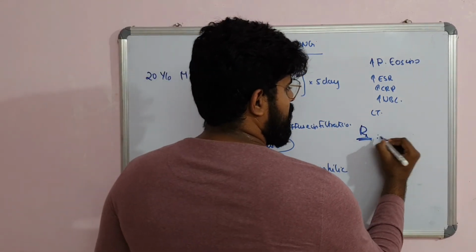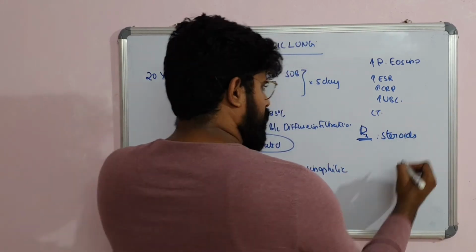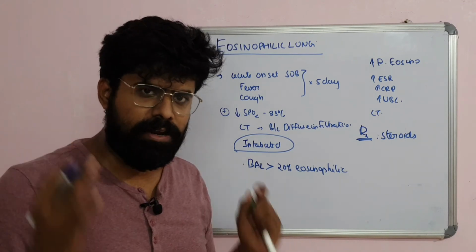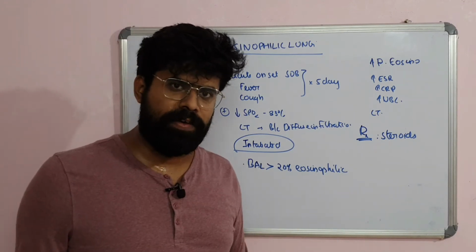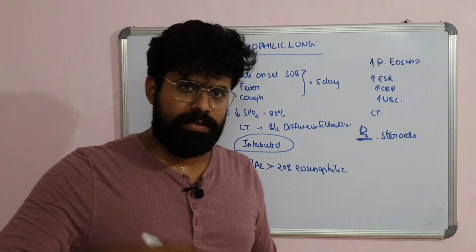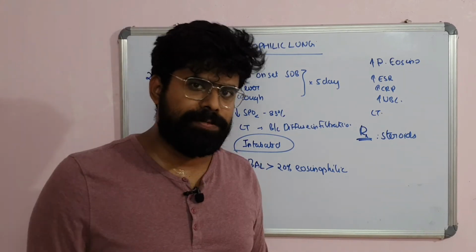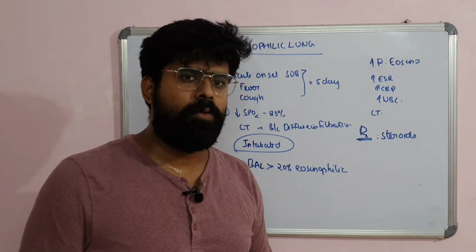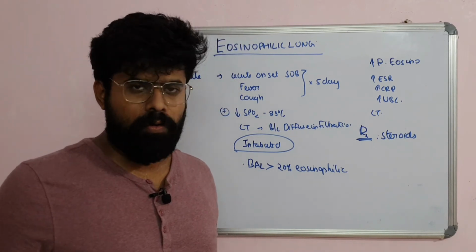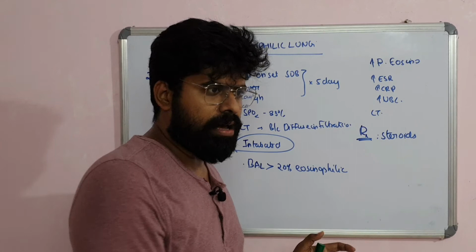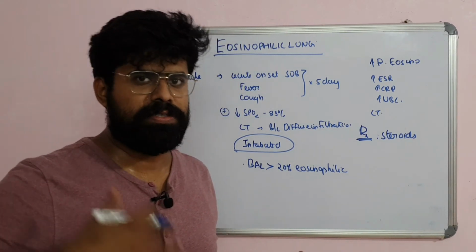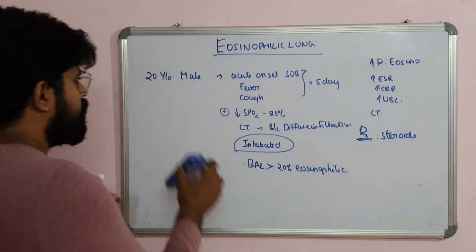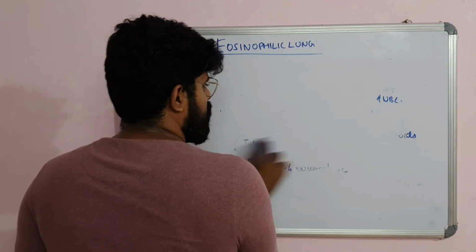When you start the patient on steroids, the patient goes in for resolution very quickly. They are very much steroid responsive, and after the acute phase, the patient won't recur. After steroids, there will not be any relapse, and they have an excellent response to steroids. Except for respiratory failure, they won't have any other organ dysfunctions. So overall, despite a high acute mortality rate, the overall prognosis will be better if treated with steroids. It is important to pick this condition. So this is acute eosinophilic pneumonia.